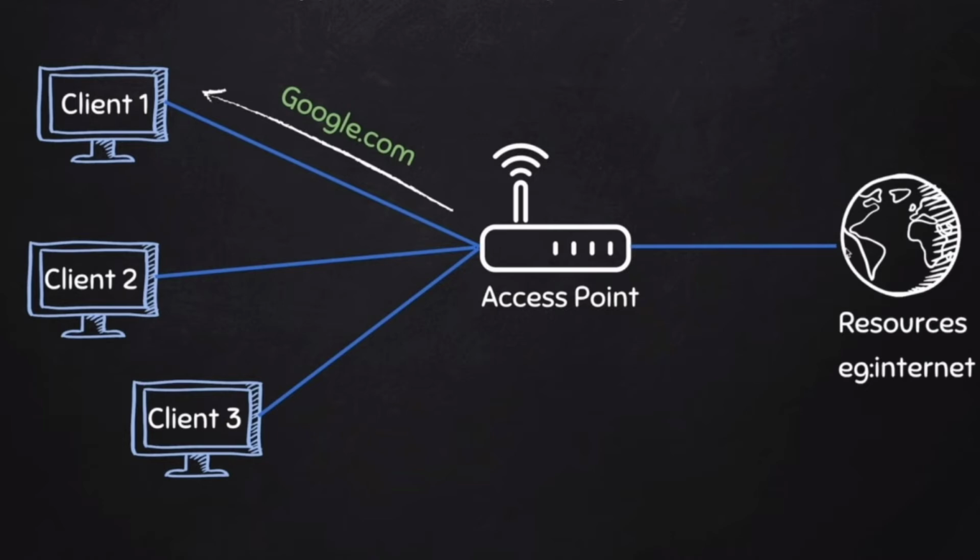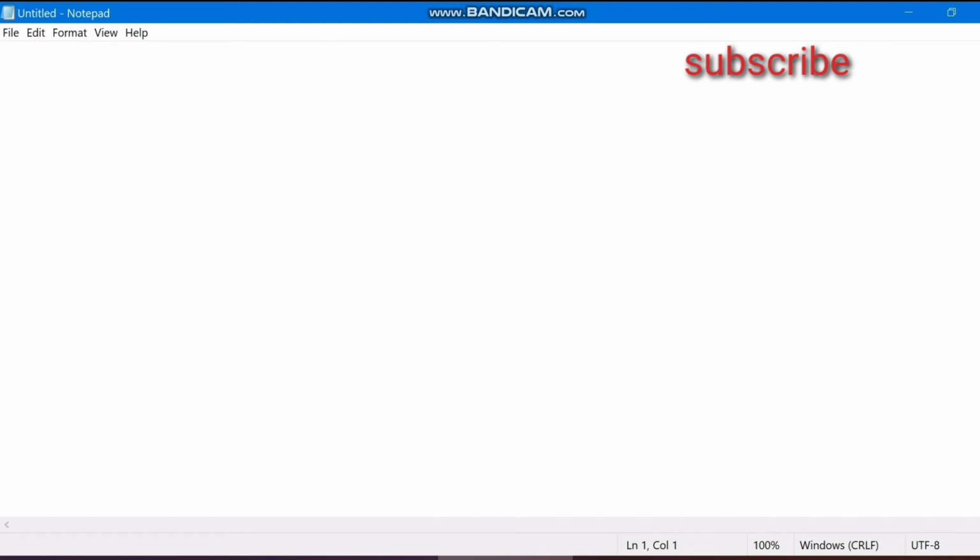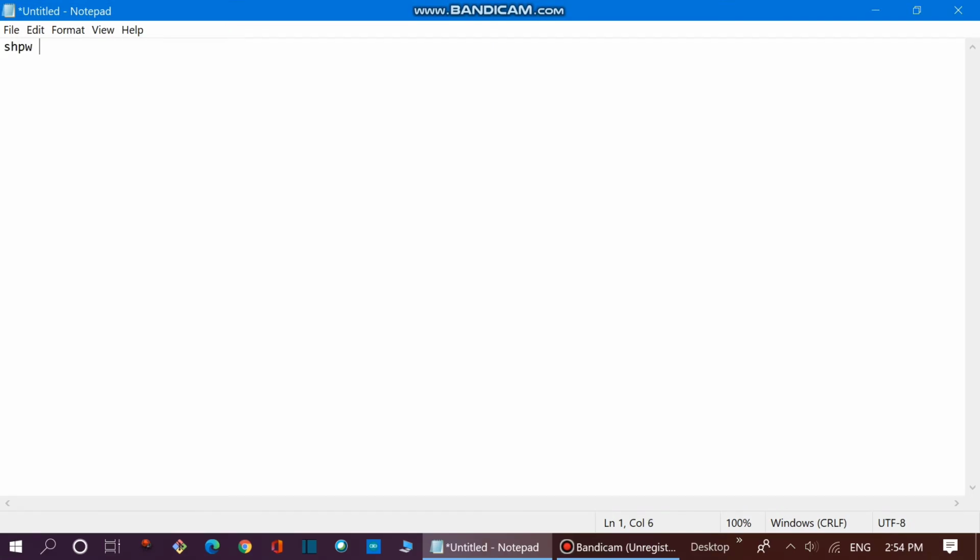Now let me explain to you about the IP address. For example, IP address is like the location. So if I search google.com on my computer, it will send the request for google.com along with the IP address. So IP address basically helps us to identify from where the request is coming, and MAC address will help us to identify from which computer the request is coming. So IP address and MAC address, both of these help us to access the internet. Okay, I hope you have understood what is MAC address and what is IP address. Now let me explain to you how to see the password of a Wi-Fi network. So I have opened the notepad.